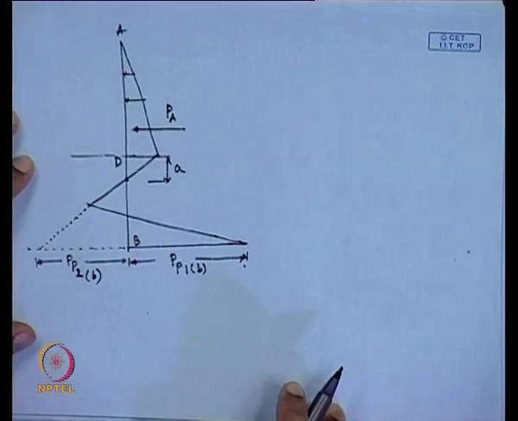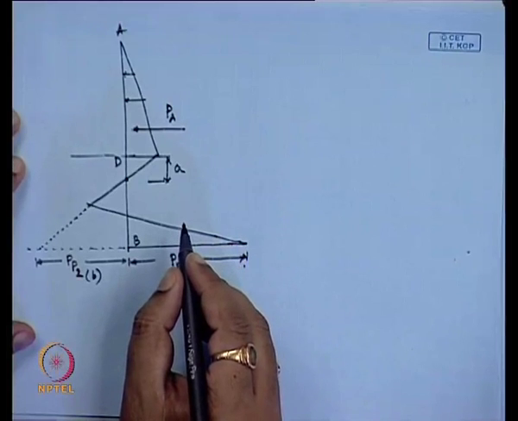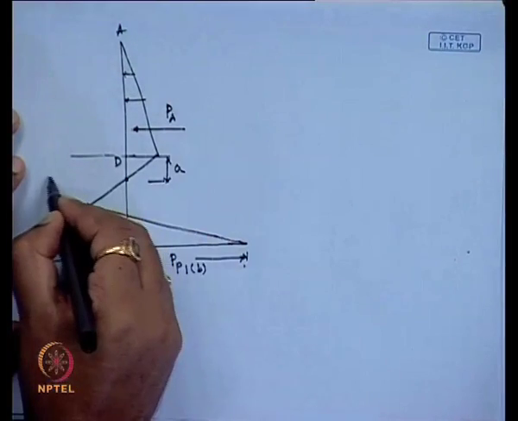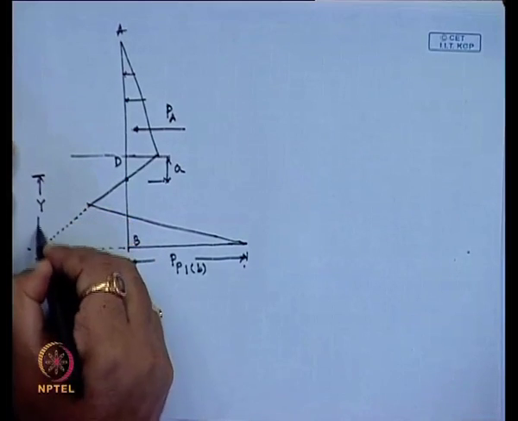So this is A. Now, we consider this distance is capital Y,